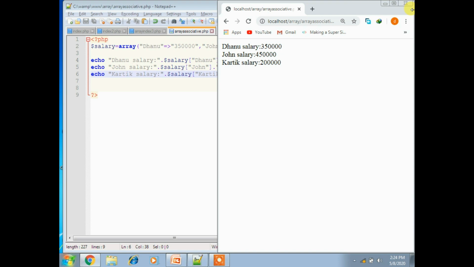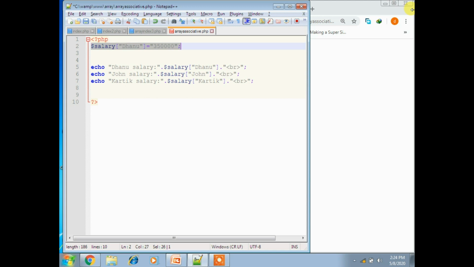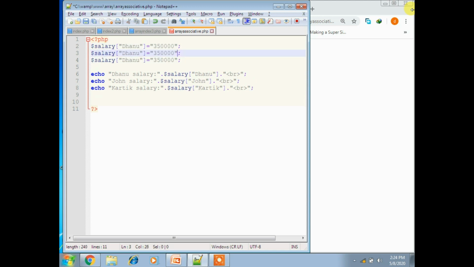First you have to assign a key value pair like that. So I am using another format, the second way. Here we have to pass salary of Danu, and here equal to double quotation, pass the value 3,50,000, and in the same way you have to take two more persons.